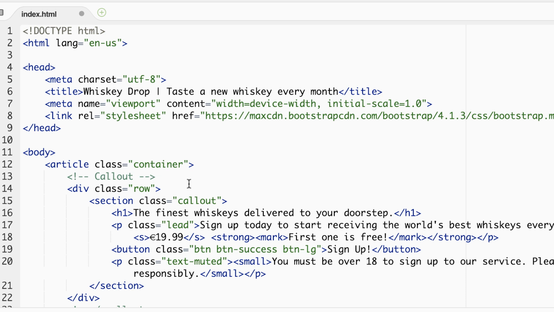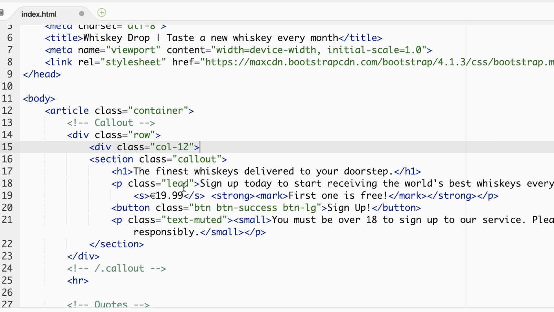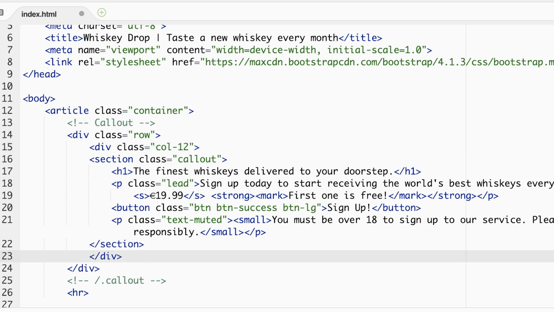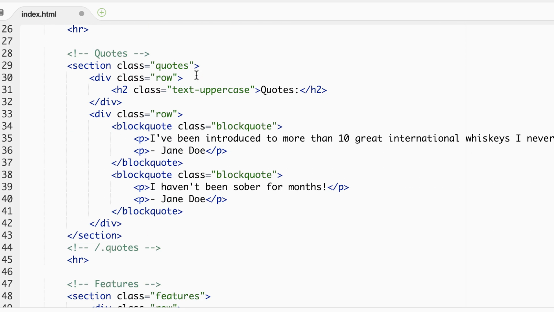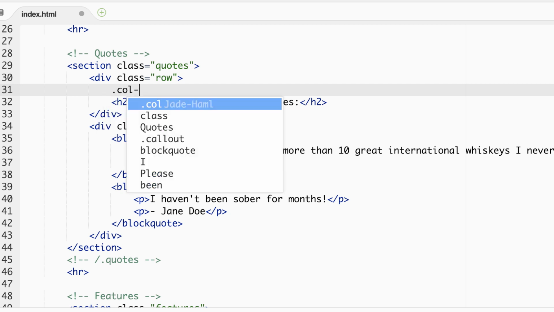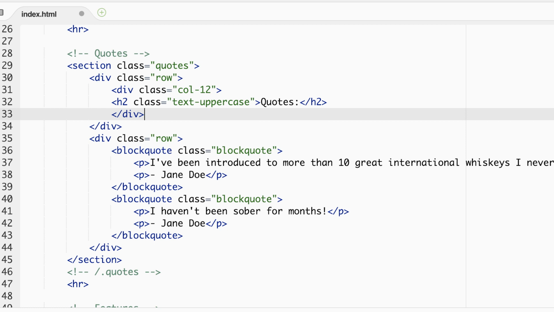Remember that we are designing for mobile first, so we want to maintain our initial column layout on a mobile device. So to do that, we can use the col-12 class. So I'm going to wrap my callout in a col-12 class. I'm going to do the same for my quotes header. So inside the row, .col-12. And then